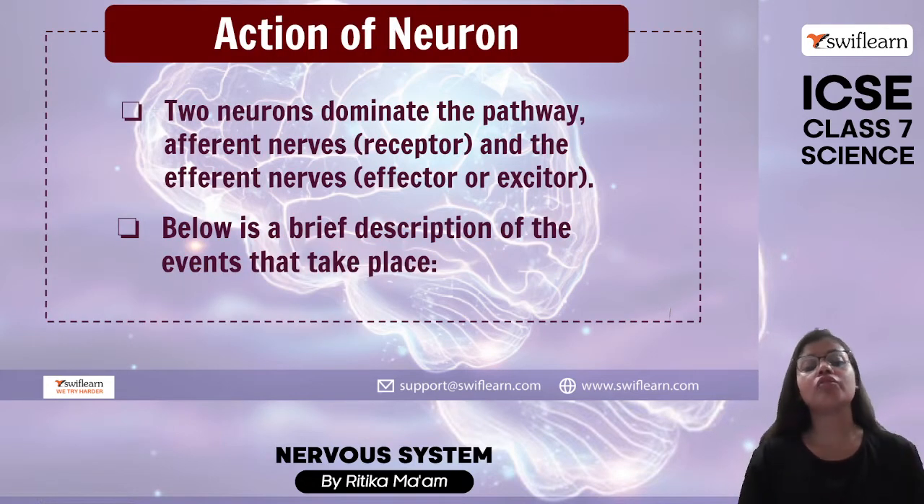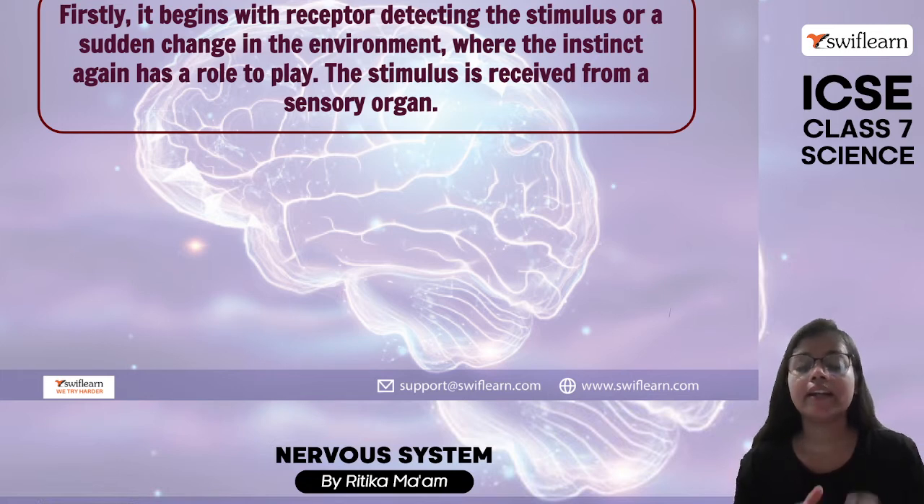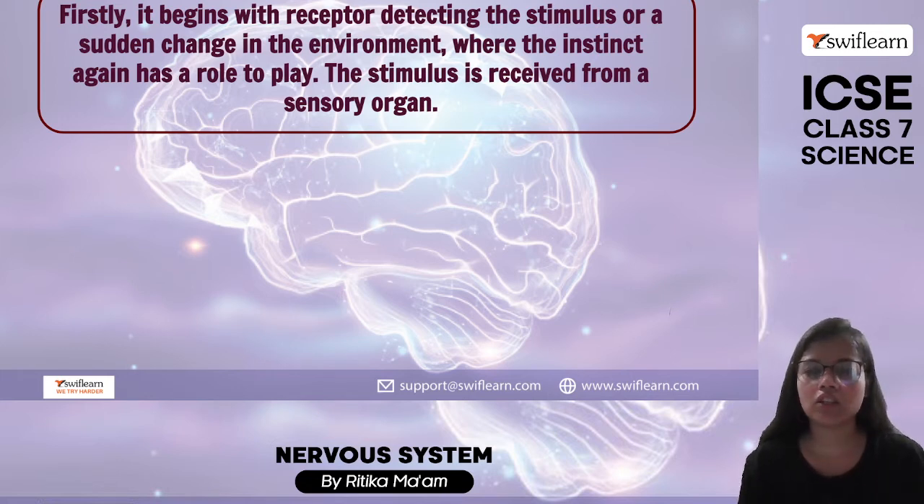Now, the action of neurons. Two neurons dominate the pathway: afferent nerves, which are receptors, and efferent nerves, which are effectors or exciters. So let's see how things happen. It begins with the receptor. It detects the stimulus, or a sudden change in the environment, and this stimulus is received from a sensory